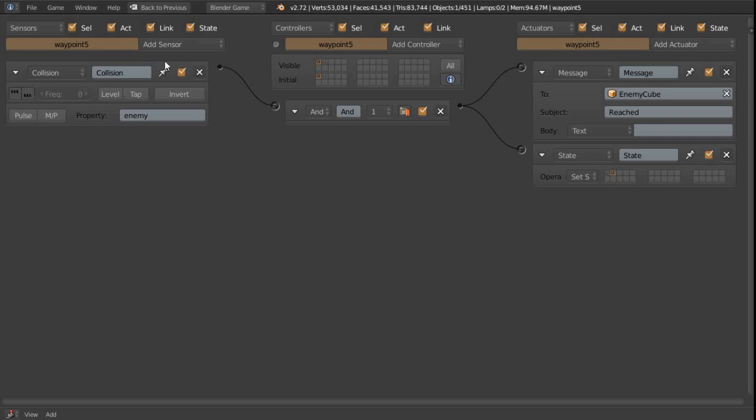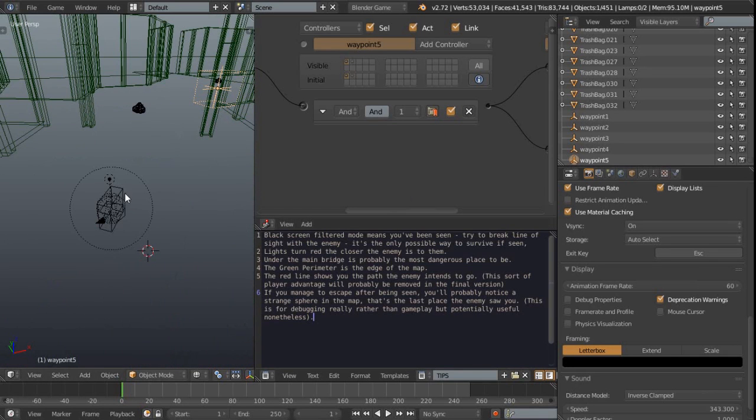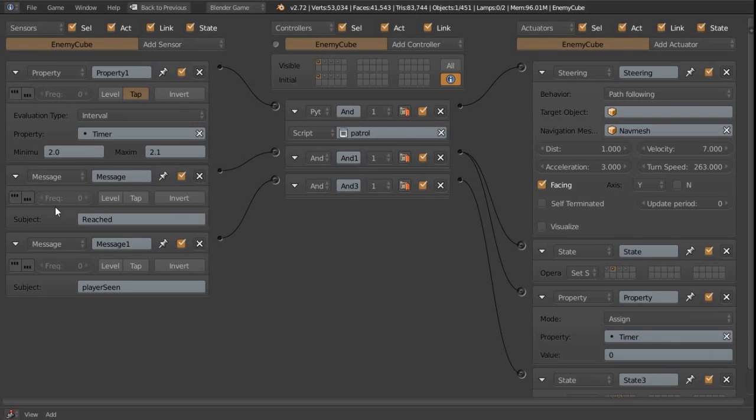So basically, I'm trying to just have everything chill out for a minute when it reaches the waypoint, just to take a little bit of a look around. And let's take a look at the way that it's sending the message reached. So what does that mean to the enemy when it's reached? It receives the message reached, and at that point, what it does is it sets itself to the second state